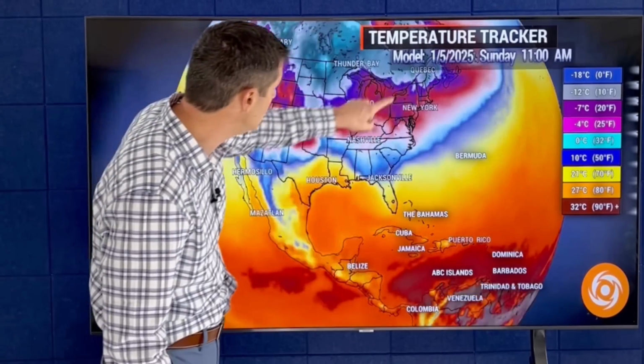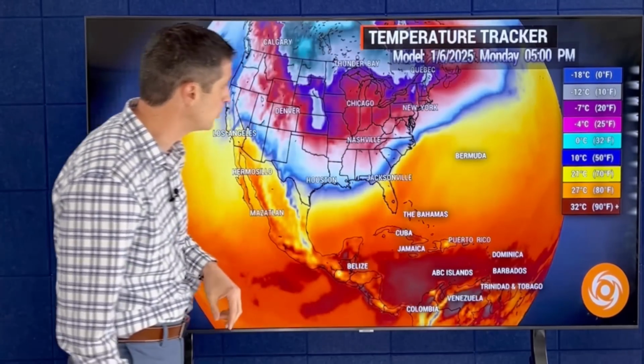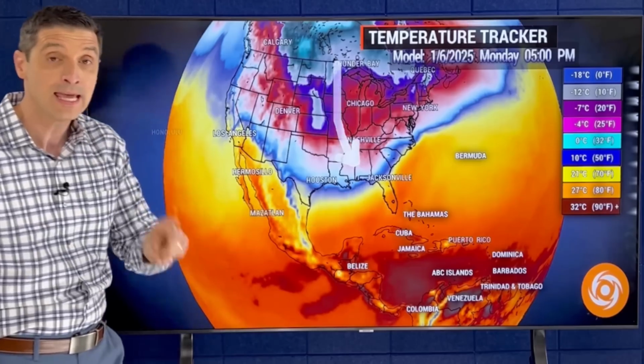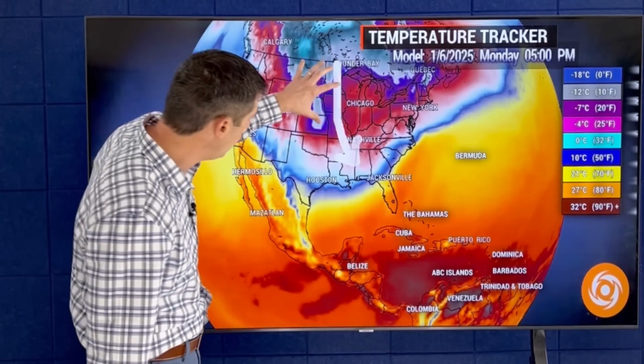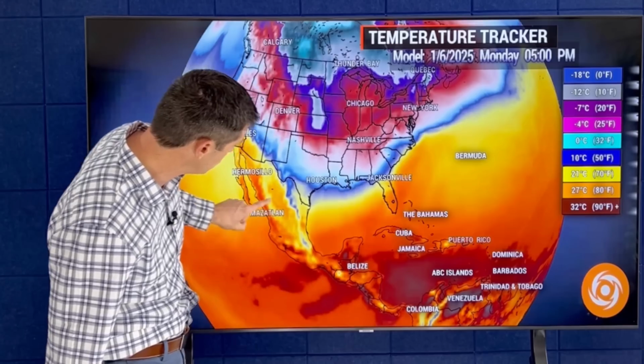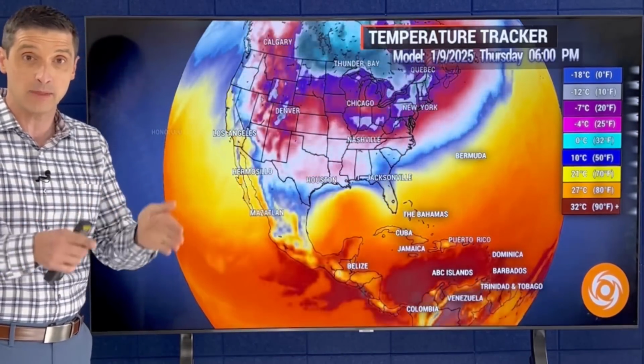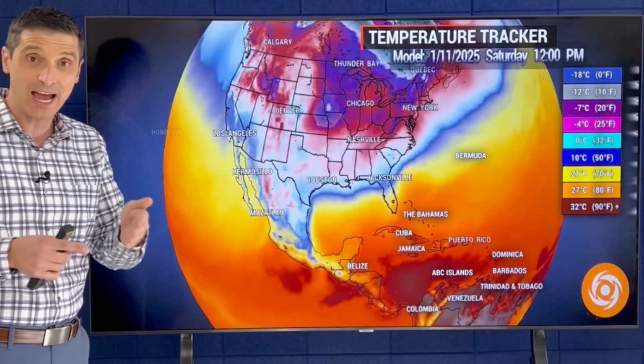So let's go out in time here. Ticking ahead, this is January 6th right here, and you see that surge of colder air moving in. This is with the first system, and I'm about to show you that in a second. That colder air rushes down to the south all the way through the Gulf, parts of Mexico as well. But then there's a second system that'll move in, start to develop around the 9th and 10th, and then by